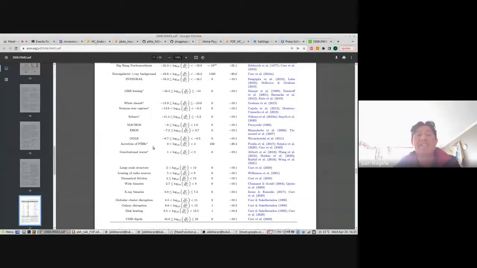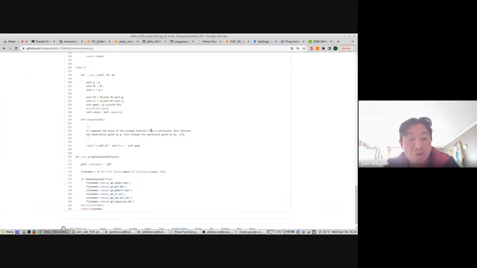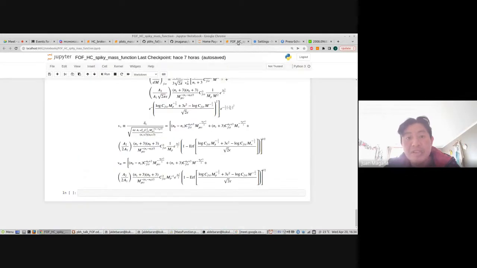That means that these observational constraints are disputed in the literature. There are many assumptions to calculate the fraction of primordial black holes as dark matter. Then in the code, we can exclude these disputed constraints, for example, GRB, white dwarfs, neutron star, accretion, LIGO, with this flag using remove disputed true. I will now show a very short example.